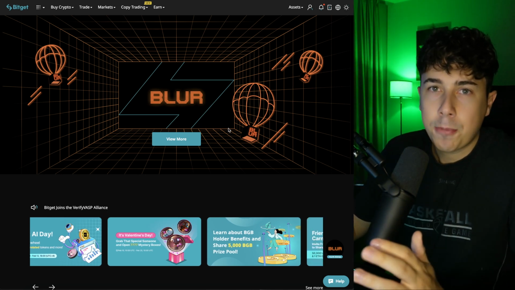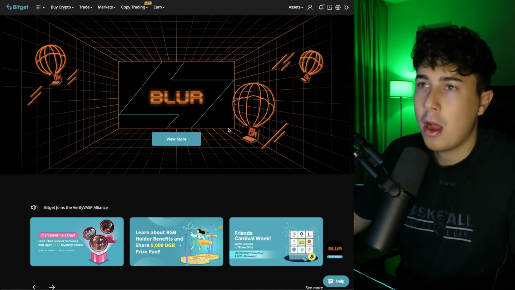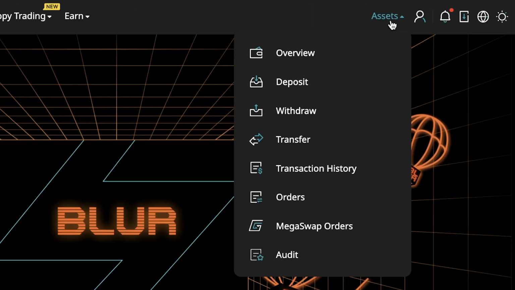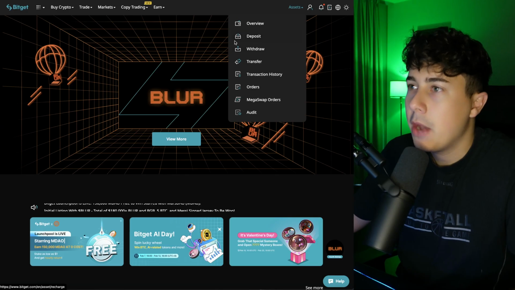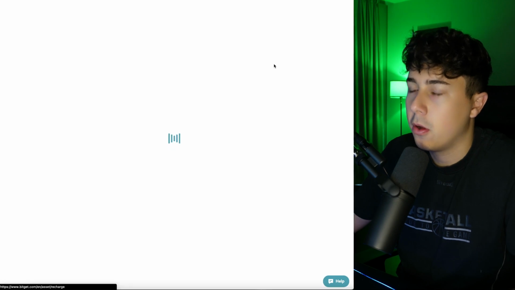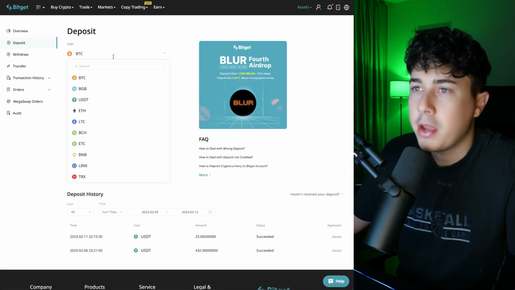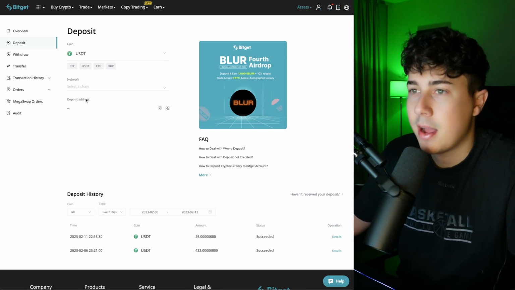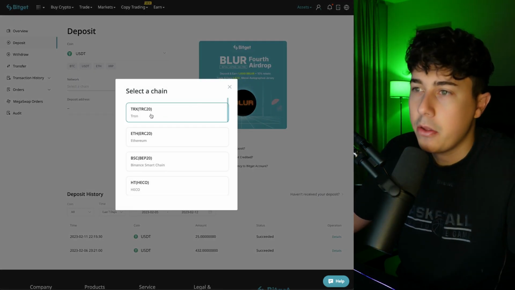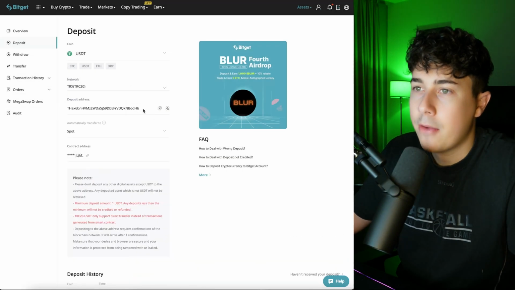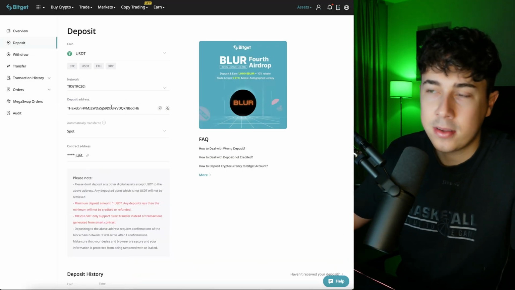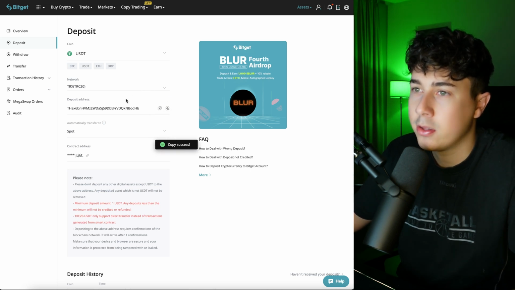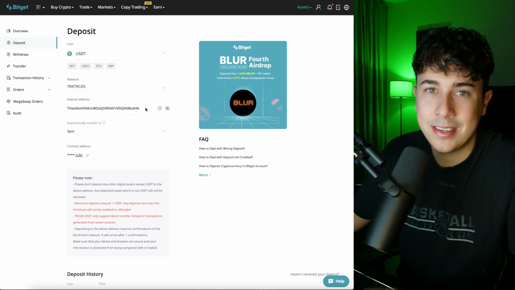So the next point is how we can buy crypto, how we can deposit crypto. And for this we go now first to this asset point, and as you can see there are some functions, and we want to take a look now at the deposit option here. If we click on it, you can see that you have some different assets. For example, we pick USDT now, then you have to put in your network, and after this, as you can see, your deposit address comes up. So you just have to copy it here with one click. You also have it as a QR code, and then you can send your assets to this deposit address here